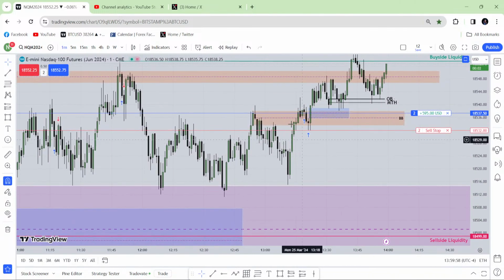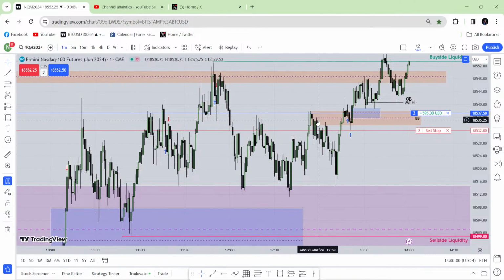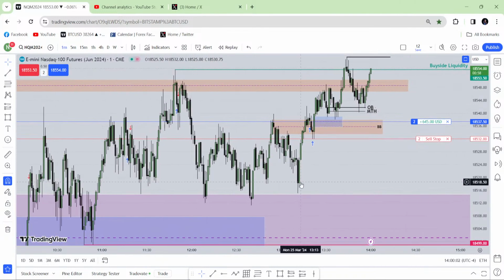Why is this the setup for me? This is the breaker block for me because this run has closed that fair value gap that should be unfilled. Over here, this was the real unfilled area. So market has traded that unfilled area. So over here, if you look, the actual real breaker block is over here, but that was inside the lunch hour, so I didn't go for that.